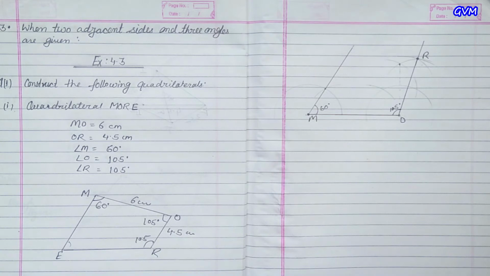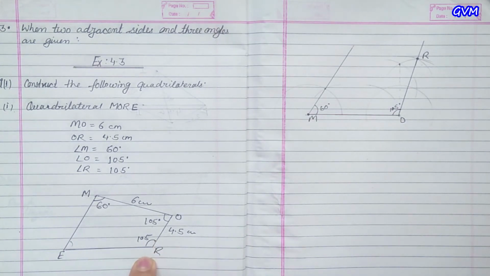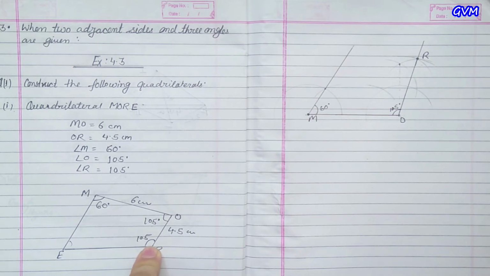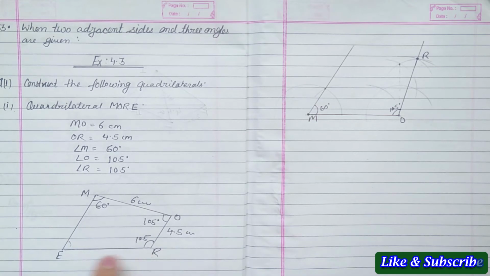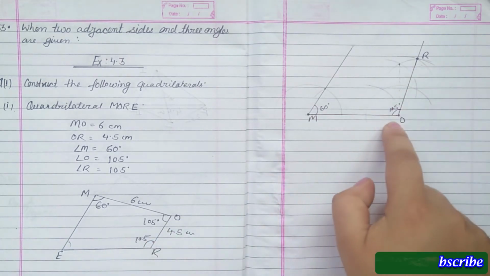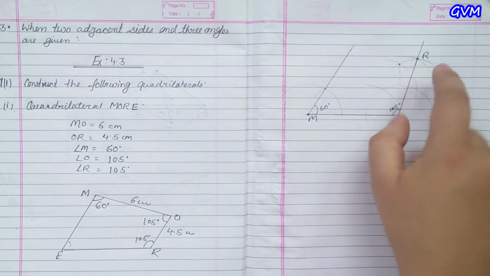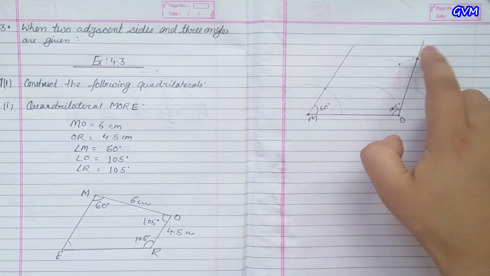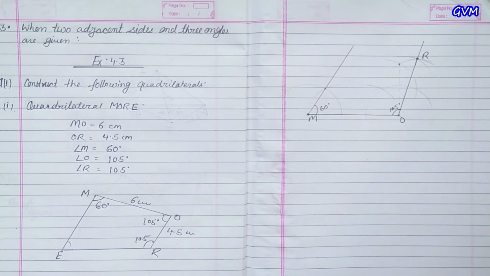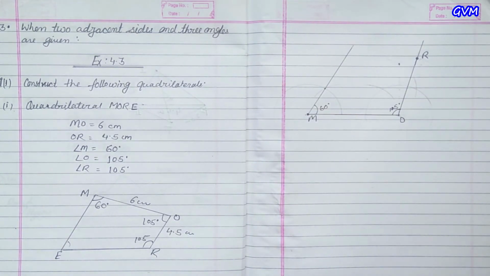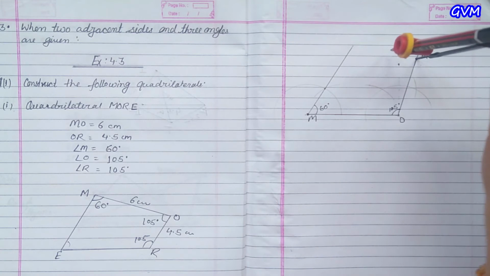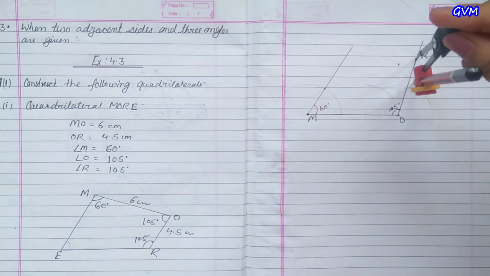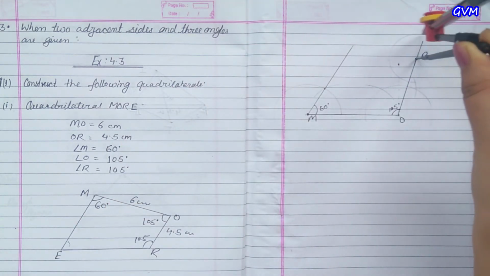Now we are given that angle R is 105. And it is going up to E, the ray RE and RO. So on RO we have to make RE. So at R we have to create one more 105 degree angle. Now I have erased the previous arcs so that it's clear on screen. Now put the needle at R with any measurement and mark an arc like we were doing before.